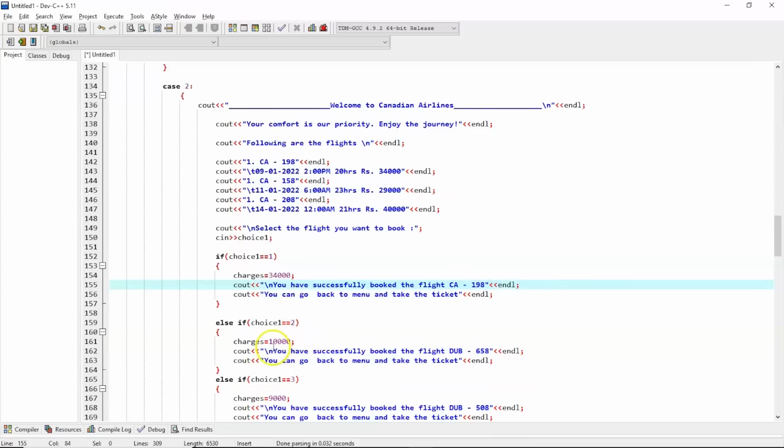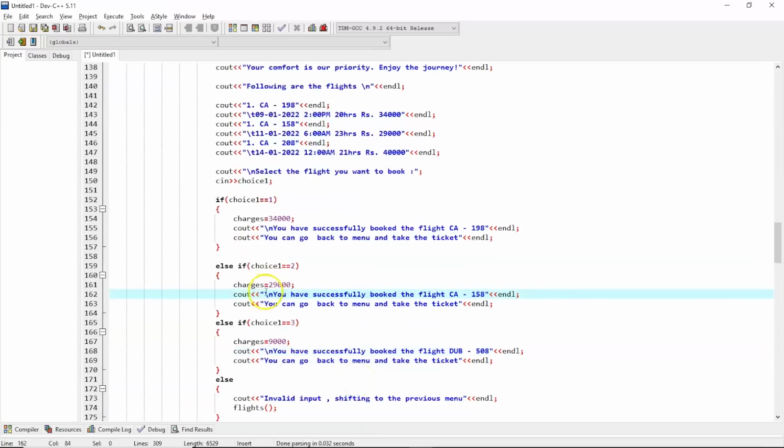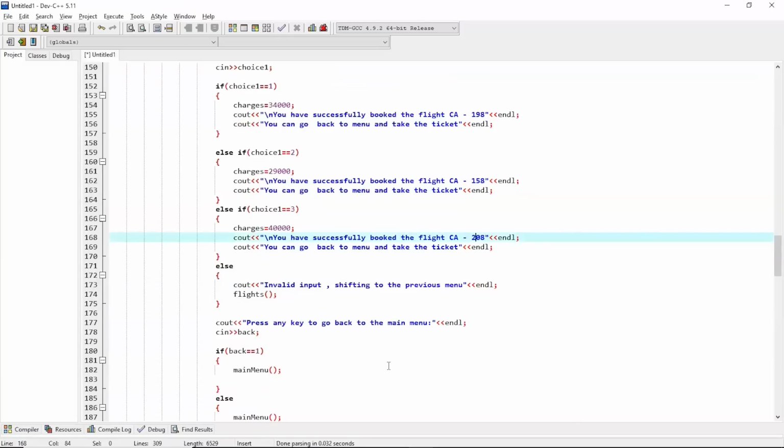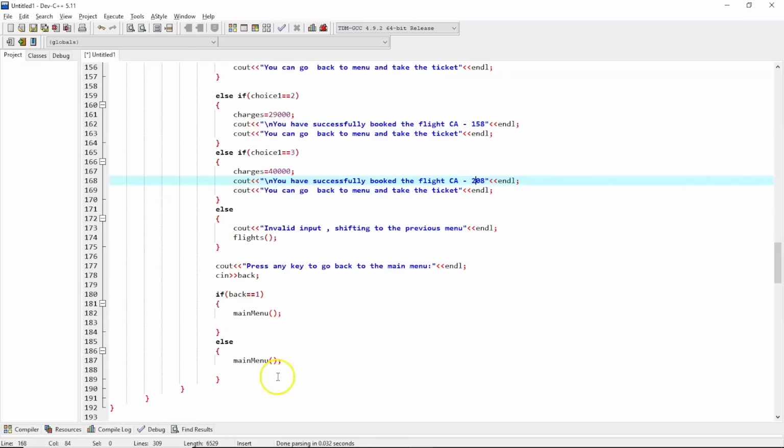And if you choose 2, then there would be 29,000. $40,000. The rest is all good. Shifting to the previous menu as we have done previously. And now again,